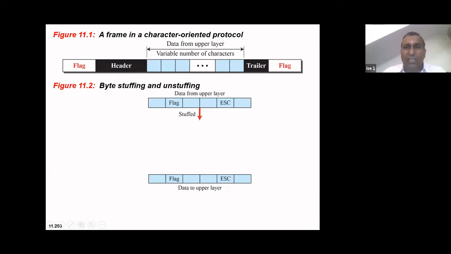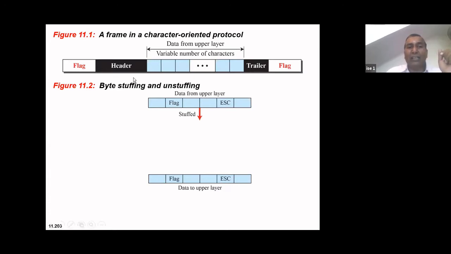But to distinguish one frame from another frame, the receiver should not get confused about how the frame is ending and beginning. So in data link control, there will be a flag which is placed before the header part, and a flag bit pattern which is placed after the trailer part. Whenever the receiver receives this flag bit pattern, it knows that 0 followed by 5 ones followed by 2 zeros is a flag.